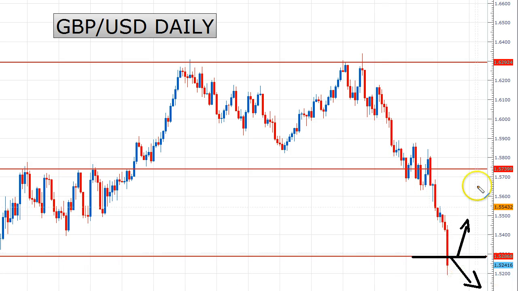We could easily get a rejection back up and start targeting toward the middle area here, or complete this massive sideways market all the way back up to 163. But really, I haven't determined whether I'm biased toward the short side or the upside on the pound dollar, because we just have one daily bar that has touched that area so far,